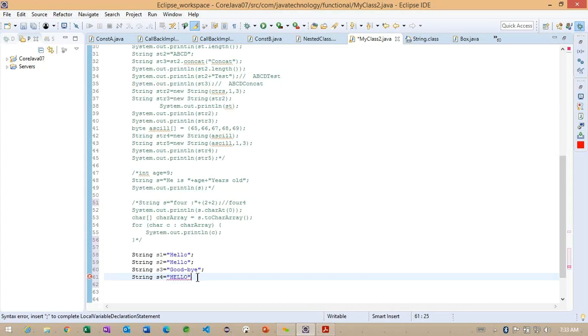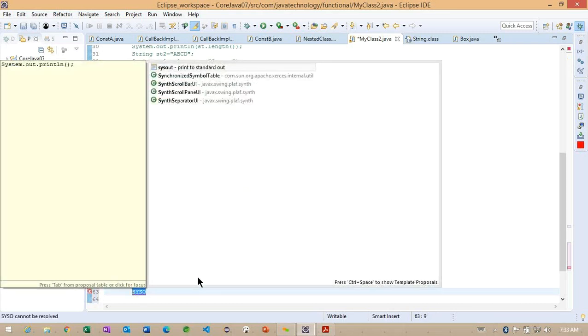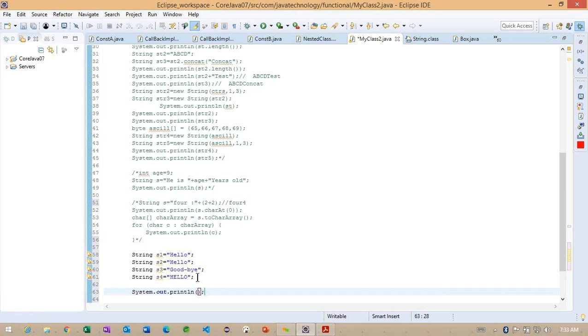So see here we are having how many string objects here? 4 string objects we are having, and we'll try to check with each one using this particular sysout. Getting the point. And carefully observe, here I'm adding s1.